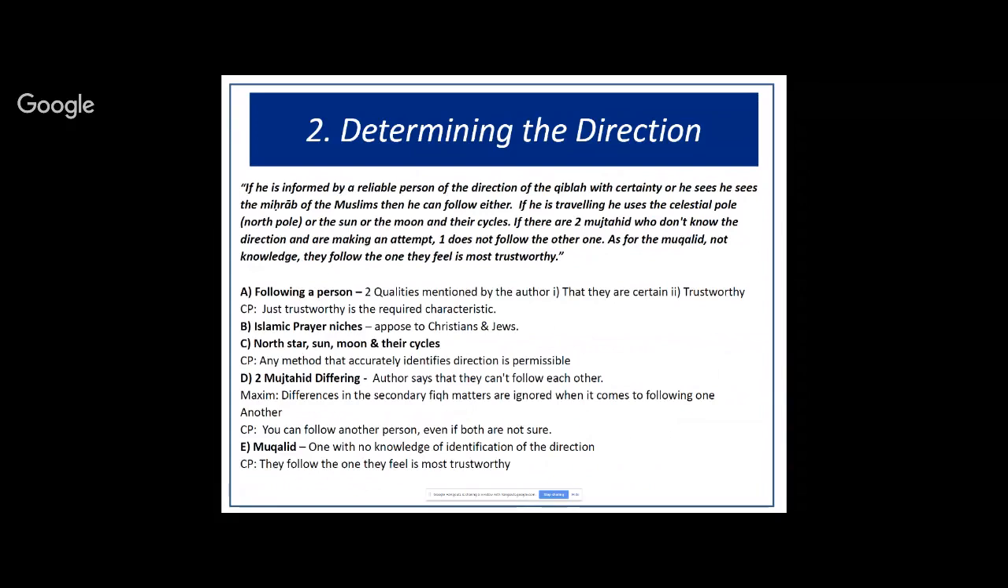So the first one is following another person. The second is using the Islamic prayer niches, which is known as the mihrab. The third is the North Star, the sun and the moon and their cycles. The fourth is mujtahids who are differing. And then the fifth is a muqallid, someone who doesn't have knowledge. How do they identify the direction of the Qibla? So starting right at the top,